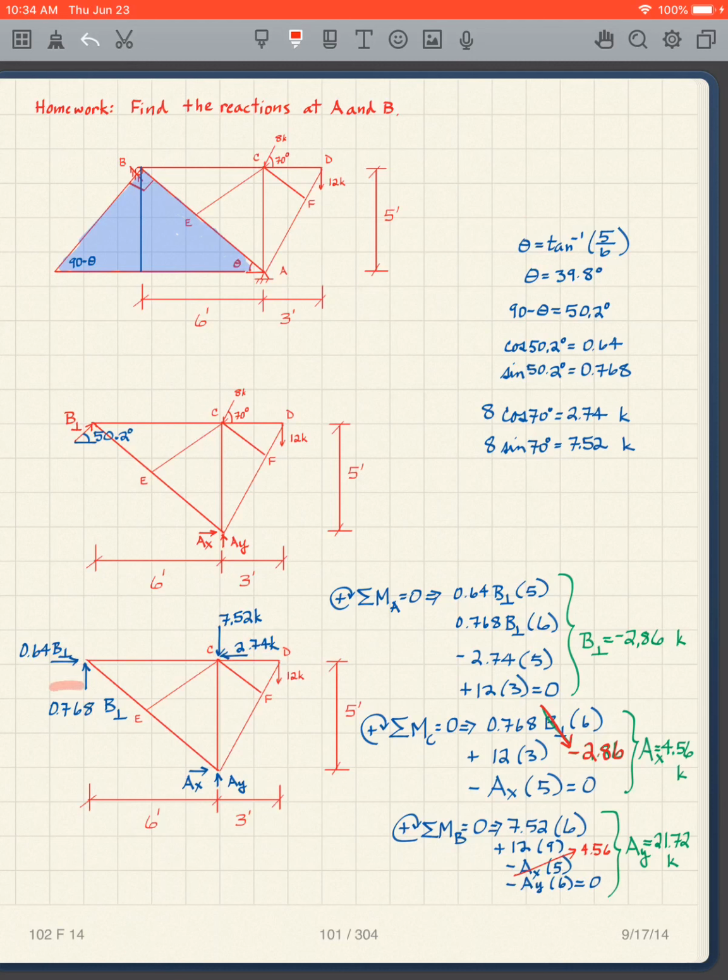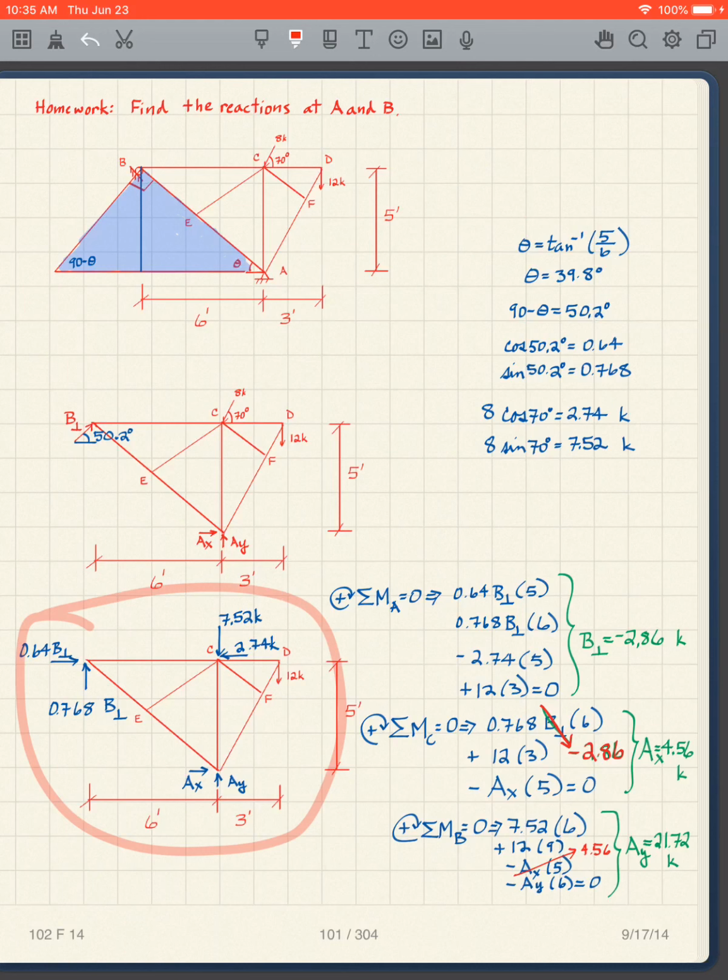So this is sine of 50.2 times B perpendicular. Like I say, we're going to call this force B perpendicular. It's perpendicular to that. And this is cosine 50.2, so it's 0.64 B perpendicular. This is 8 kips sine 70 degrees. This is 8 kips cosine 70 degrees. So now we have